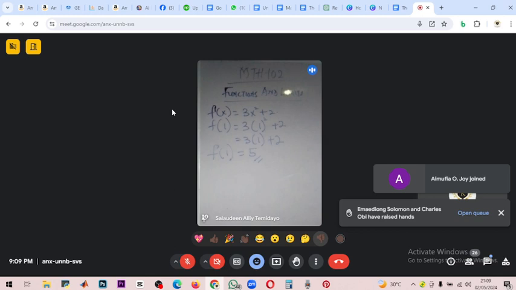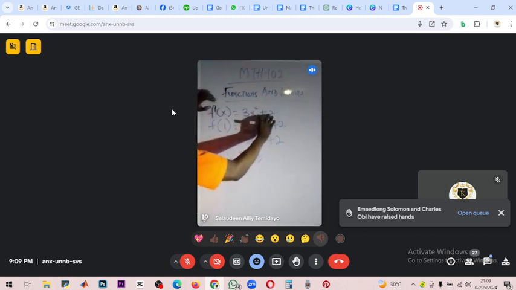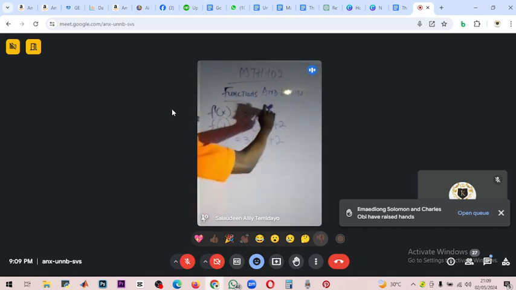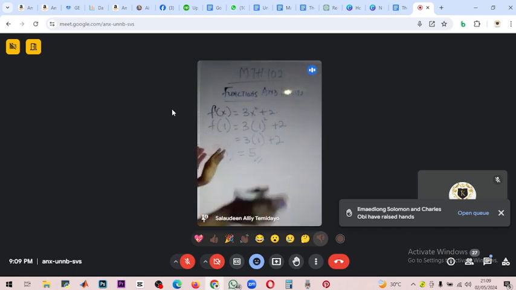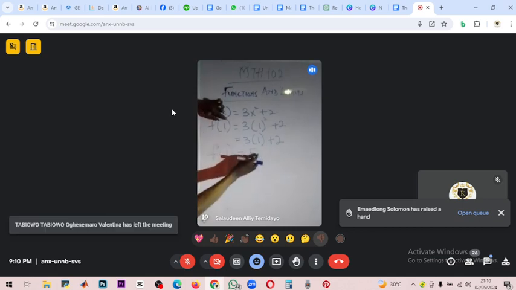So, composite function is also known as function of a function. It's one of the rules in calculus too. We call it the chain rule, or function of a function. So this is where it actually comes from. That means you are doing a function into a function. Listen very well. A function is this, having 5 as its answer. This one is just a mapping, but once it has one answer out, it makes it a function. So we can call it a function too. Don't let me confuse you with that. Just forget that you don't know anything about mapping before. Let's just concentrate on this. So f of 1 now is giving us 5.